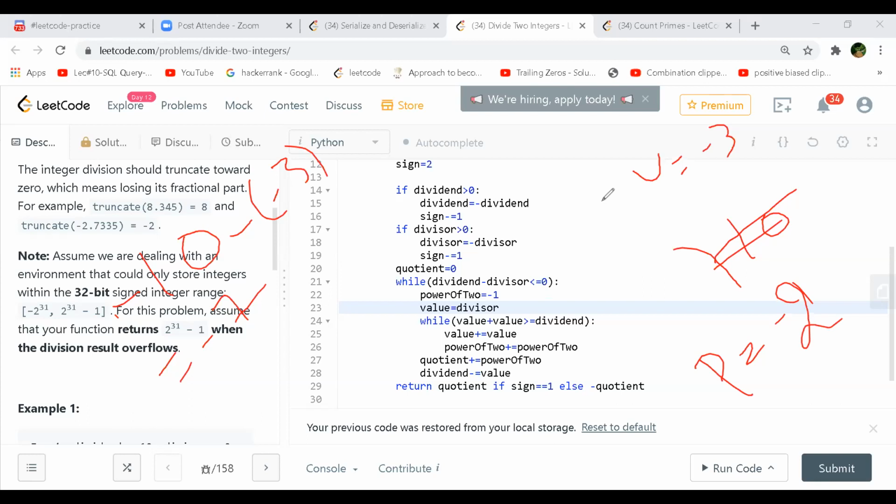And then you keep doing that. Now your value in this case will be 6. So 6 plus 6, which is 12, is actually greater than your dividend. So you exit from this loop, right? My only concern is, here I could have gone till 9, but we only took 6 and then did 6 plus 6, 12, in this line number 25.